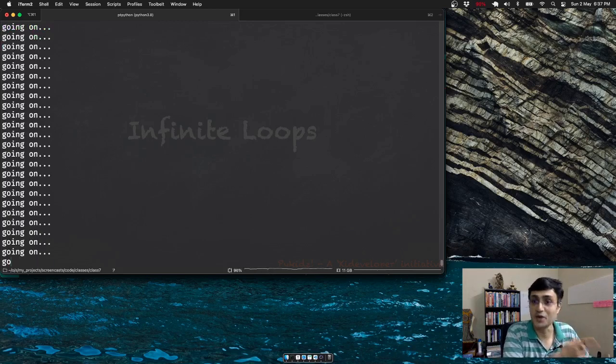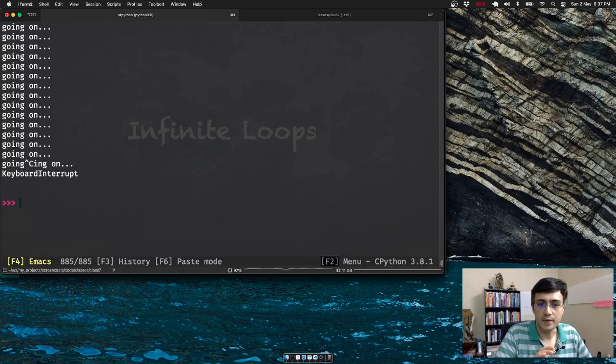See that it's continuously going on. It will go on forever unless you do a Control C, right? Control plus C is sending an interrupt. It's called a keyboard interrupt. Control C is used in many other languages also, and many other programs. Control C is an operating system concept. I will not get into it, but it's a way for you to stop something which is running. Now all programs may not stop with a Control C, but many programs do. Python programs generally will work with it unless you are handling it inside the code. But for now this works.